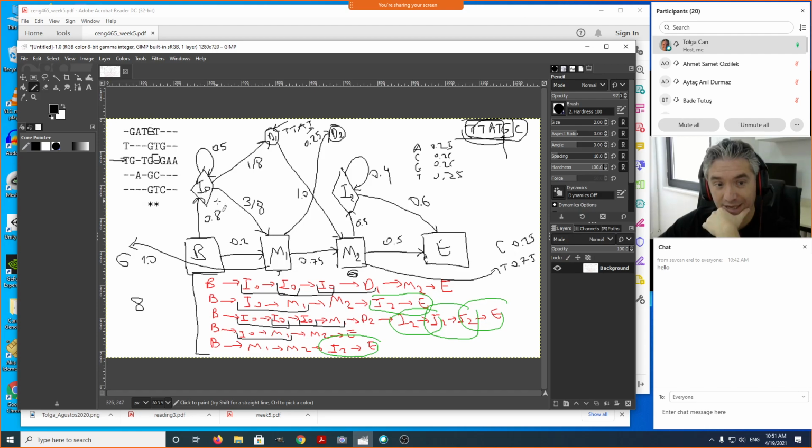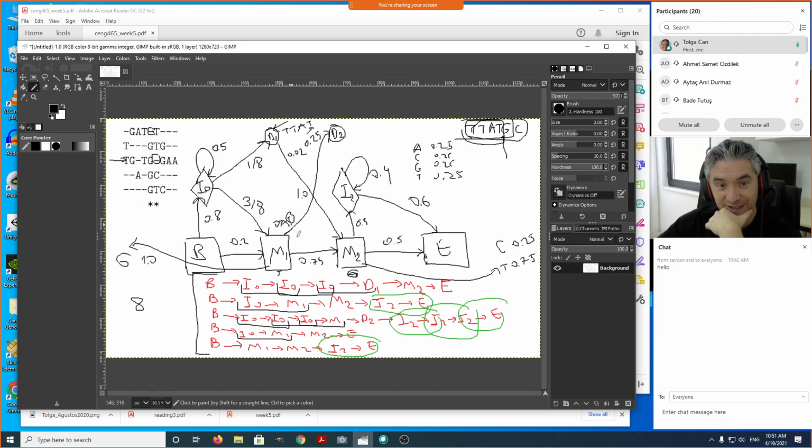This is also saying that, right? So the best path that ends at D1, but the last symbol that was observed was T. Let's call it, for example, 0.02, okay? And imagine the best path that ends at M1 and again observes the first four symbols TTAT,